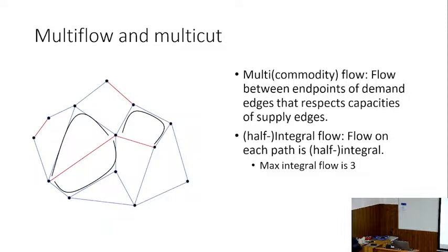So multi-flow and multi-cut. I'm also going to talk about multi-commodity flow. So what's a flow? It's the same thing I said earlier. You want to route flow for each demand edge such that capacities are respected, and a half integral flow is one in which all flow is in units of half, and an integral flow is one in which all flow is in units of one. In a maximum multi-commodity flow,